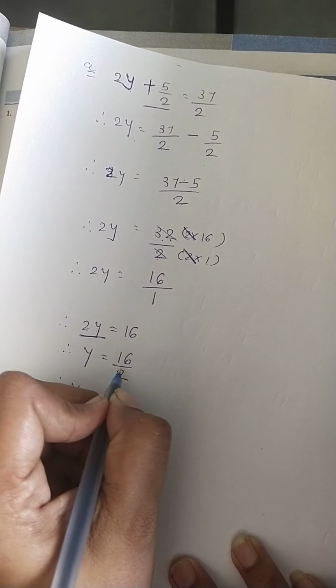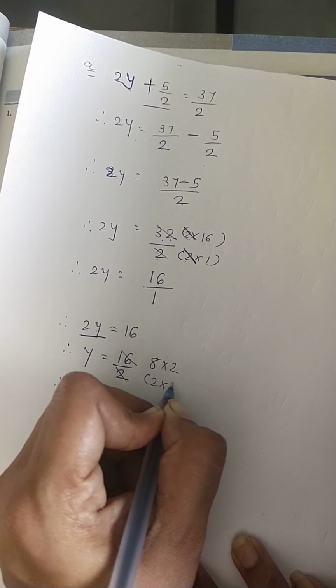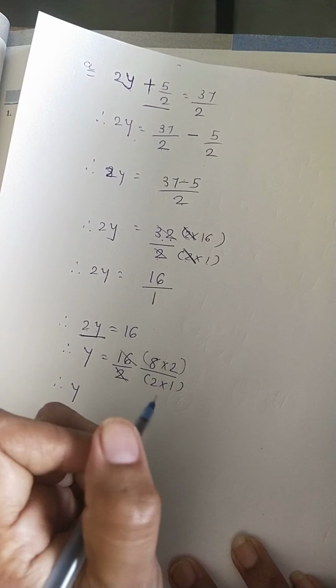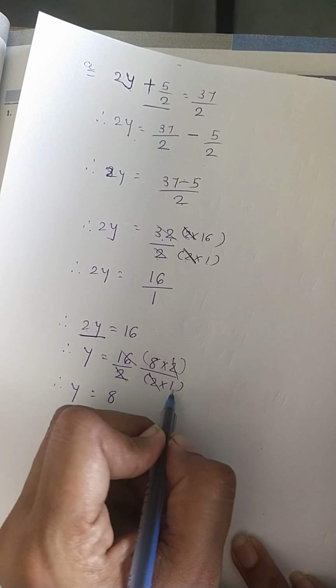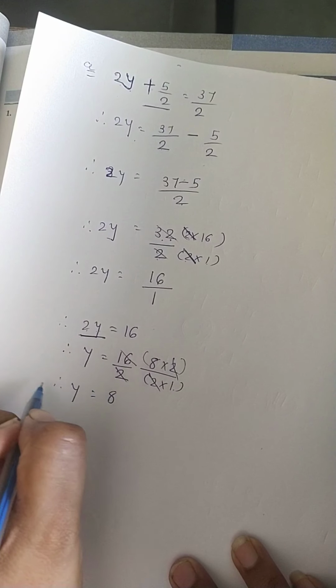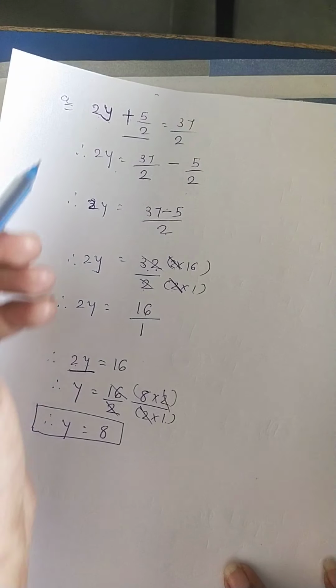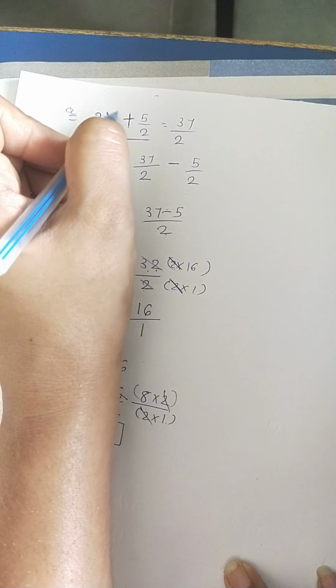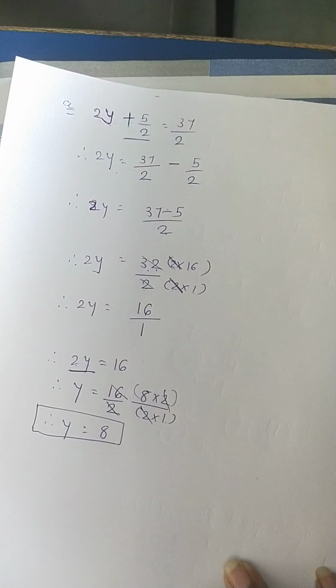So y is equal to, again, 8 2s are 16, 2 1s are 2. Which ones are the same? 2 is the same. Cut it. What is the remaining? 8. In the denominator, 1 we are not mentioning, so y is equal to y. It means in our equation y is equal to, we have to put over here 8, then our answer is 37 by